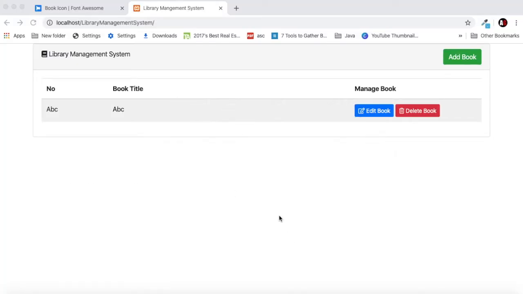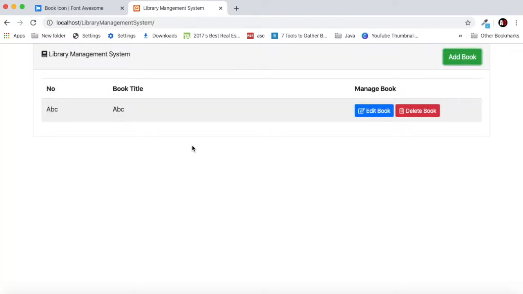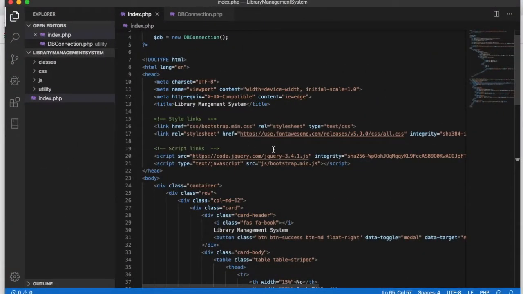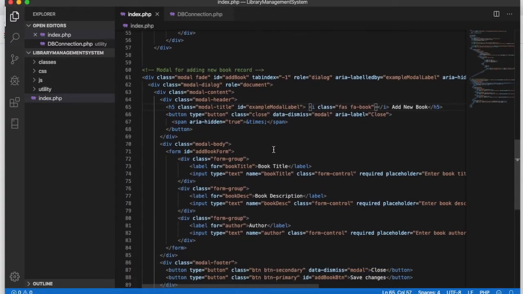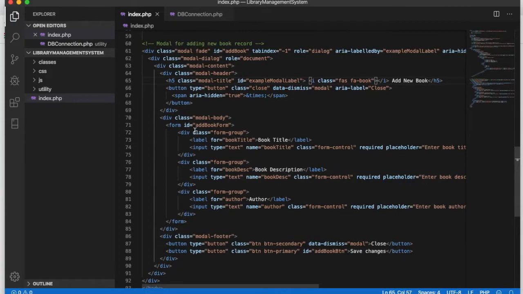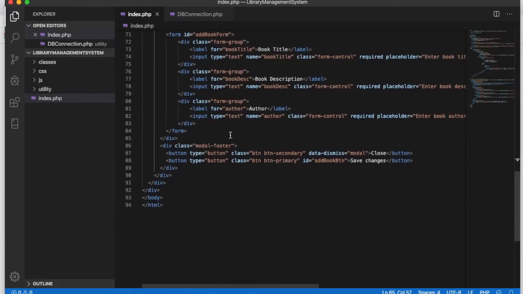So in this video we will work on our add book functionality. We have already designed our add book model. So let's go back to our system and work on our add book functionality. We have our add book form here. So let's go